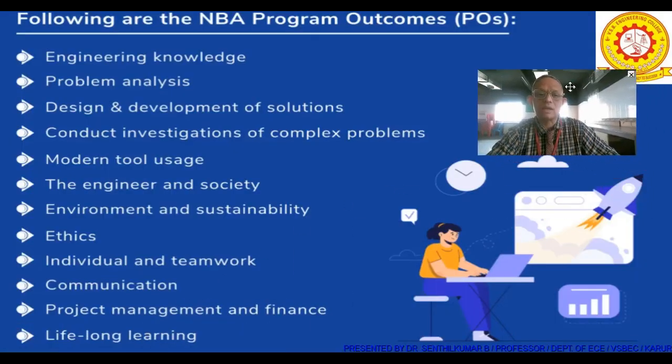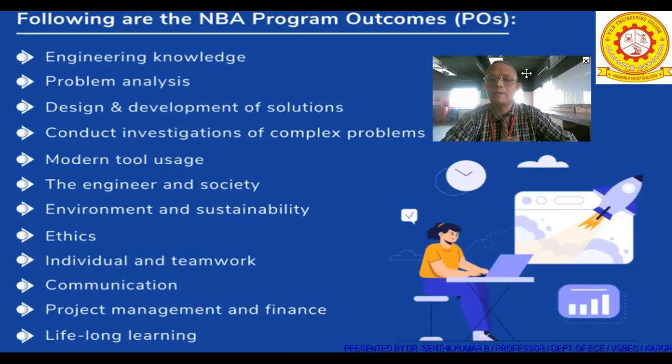Now again, as per the requirement of NBA, these are all the program outcomes. First one is engineering knowledge and problem analysis, design and development of solution, conduct investigation of complex problems, modern tool usage, engineers and society, environment and sustainability, ethics, individual and teamwork, communication, project management and finance, lifelong learning. So these are all the 12 outcomes, that is program outcomes, that we have to follow up